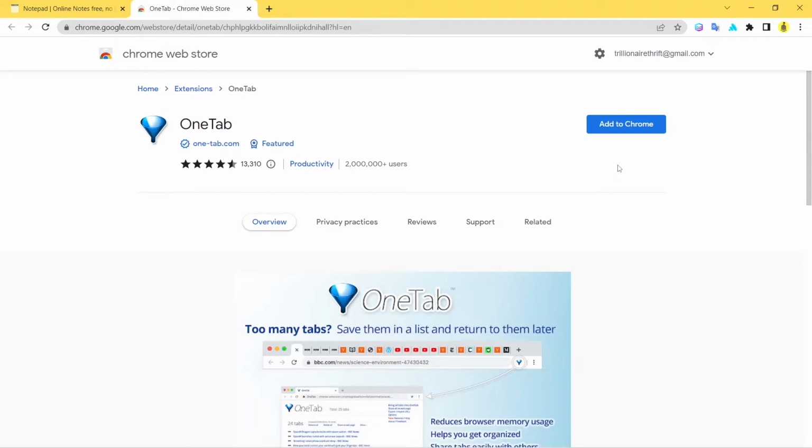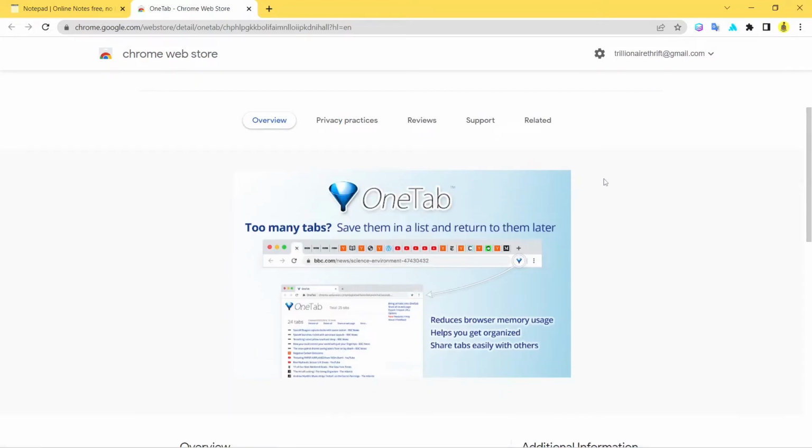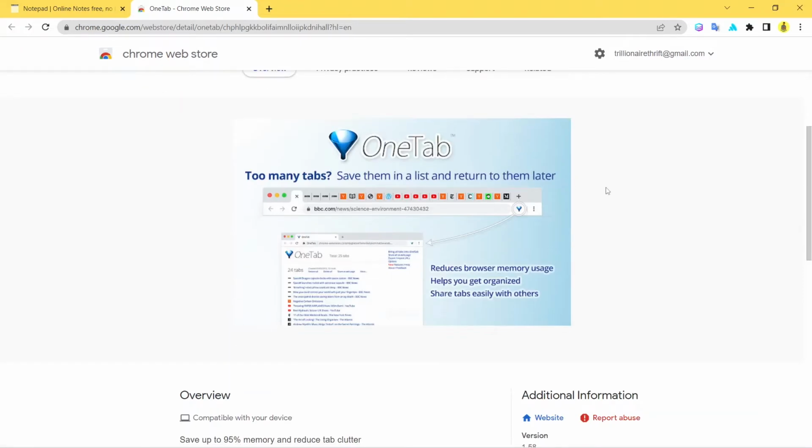It allows you to save a lot more memory, especially in Chrome. You must know that Chrome is a memory eater. It consumes a lot of your PC's memory. So you can sort out this problem by just installing this extension. What it does is create a list of all your open tabs, and it helps you save memory. It just keeps the links safe, and whenever you have to return to a particular tab,